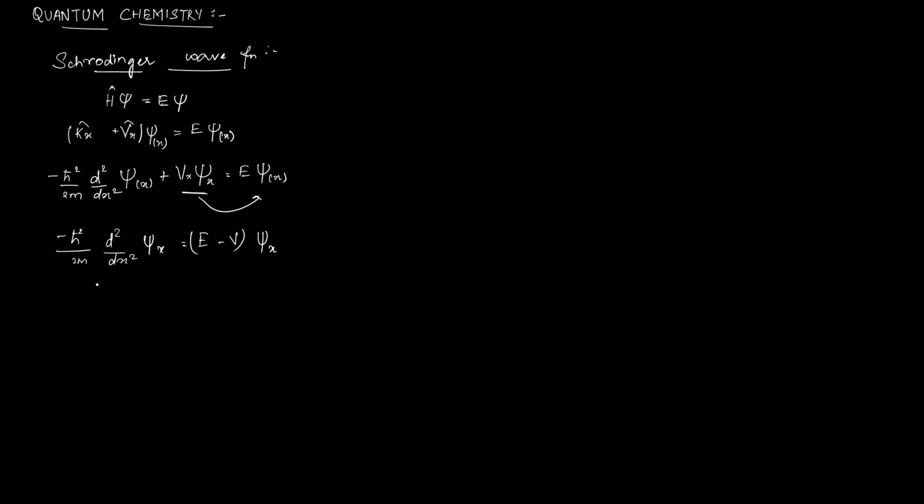ஓகேவா? இப்போ என்ன பண்ணலாம்னா we are going to take the constant term. ஸோ இந்த constant term வந்து if you take this side, and if you rewrite this entire equation, you will get your Schrodinger wave equation. ஓகேவா? இந்த ஈக்குவேஷனை சிம்பிளாக ரீரைட் பண்ணாலே நம்மளுக்கு வந்து Schrodinger wave equation கிடச்சிடும். ஸோ என்ன பண்ணலாம்னா let me rewrite, this is going to be equal to d squared by dx squared psi of x